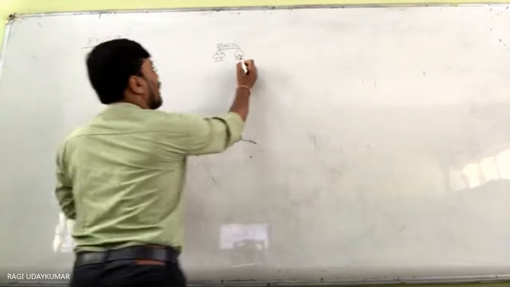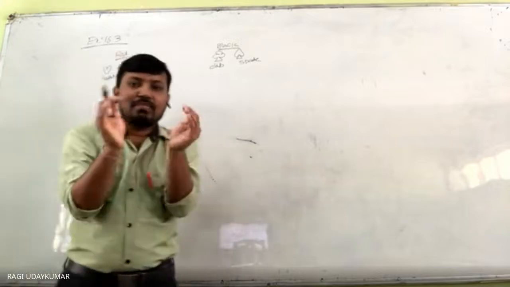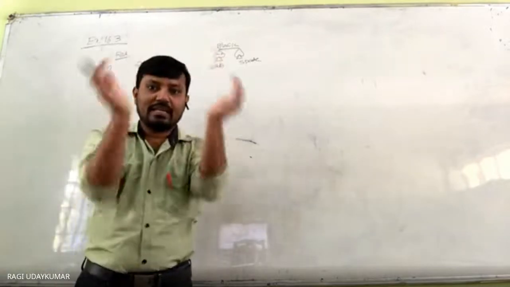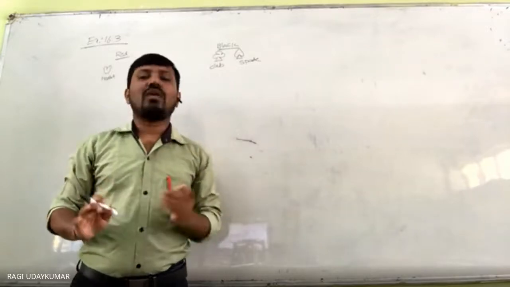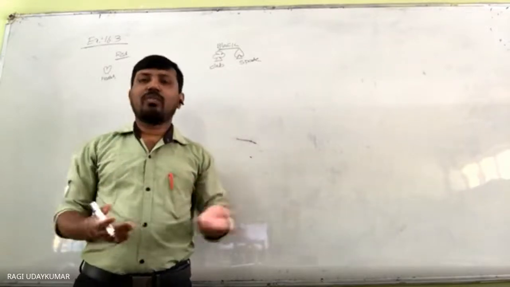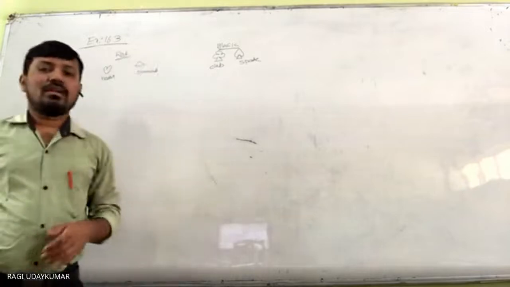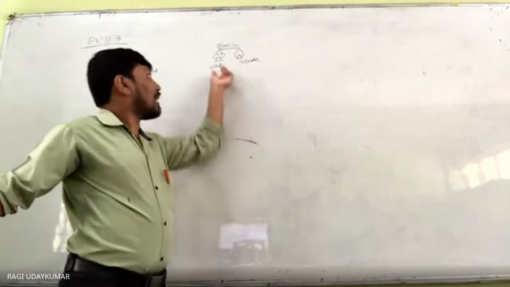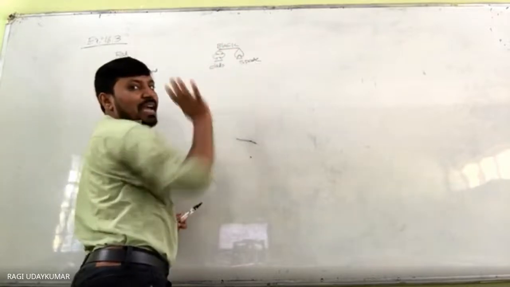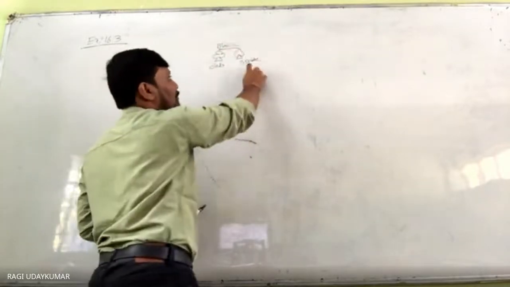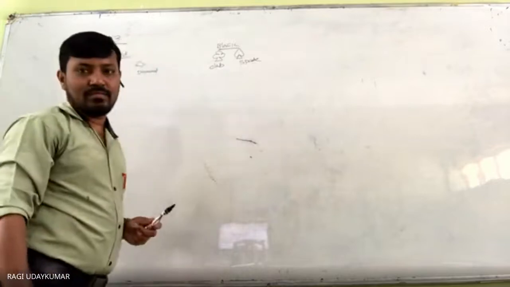This is spade, and this is club. You can remember that club looks like the number 3 combined together. That is club. Like that you can remember to avoid the confusion, because I think you may not play playing cards, so that's why you cannot remember. So this is like a leaf, spade.